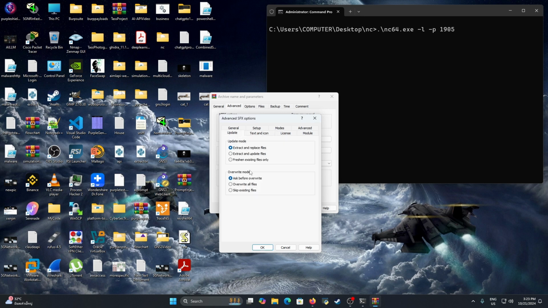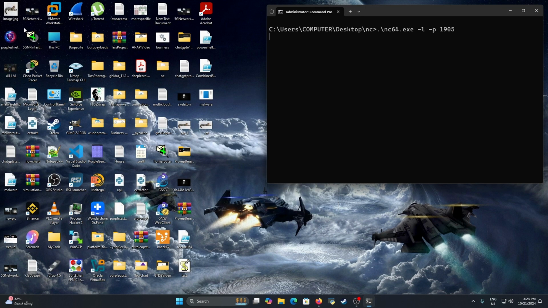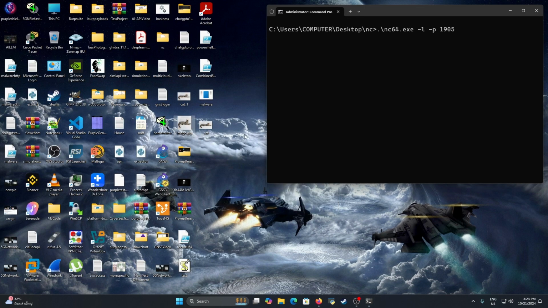So if you look at the update, we can also click on override all files, and if we click OK, we will get an image.jpg, and it will look like a simple image, and we have the extension looking very realistic here. And if we actually try to run that,